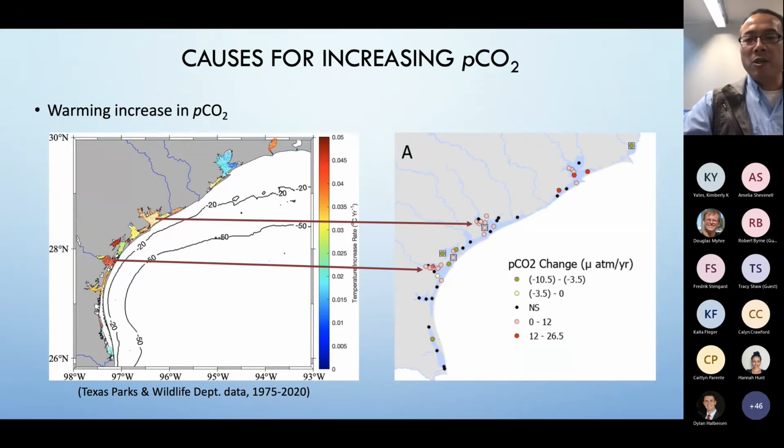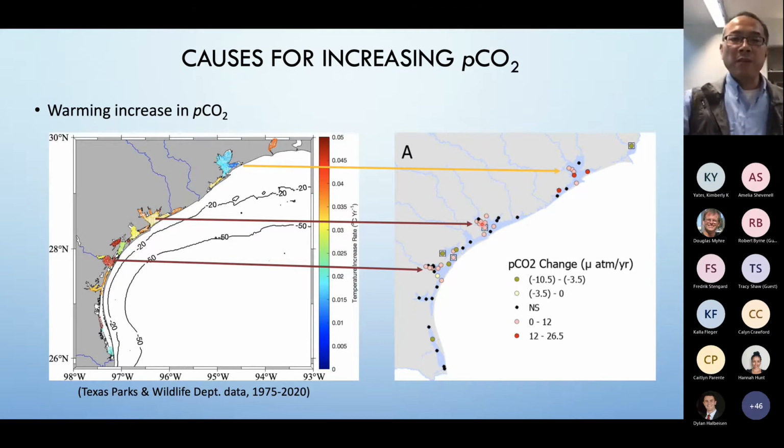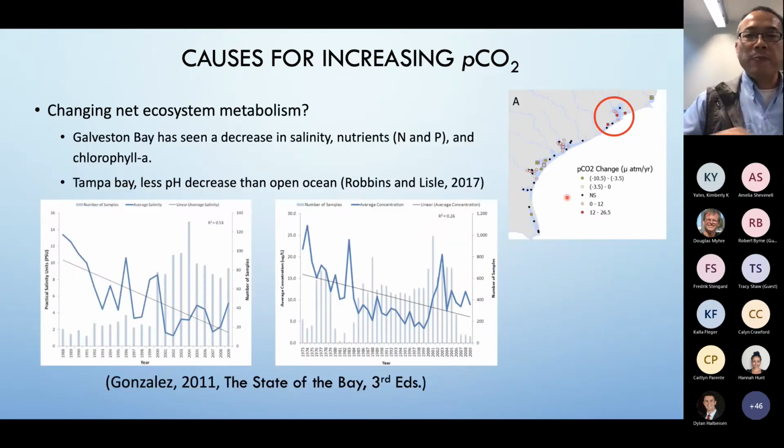The majority of stations, the pink color, represent a positive pCO2 trend. In comparison, if you look at Galveston Bay, the temperature increase actually wasn't so severe, relatively speaking. But the pCO2 there appears to be increasing much faster than the other parts of the coastline. And then I went to the